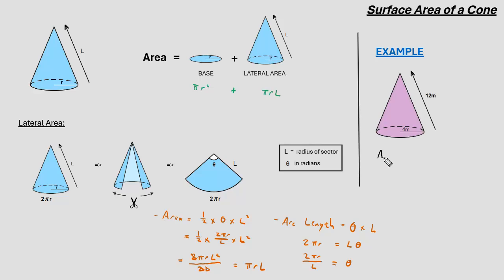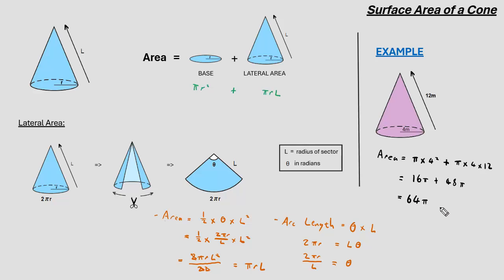So, for this example, pi multiplied by a radius of the base squared, which is 4, added on to the lateral area sum, which is pi multiplied by the radius and the slant height, so pi multiplied by 4 multiplied by 12, and this gives us a sum of 16 pi plus 48 pi, and added together this gives us